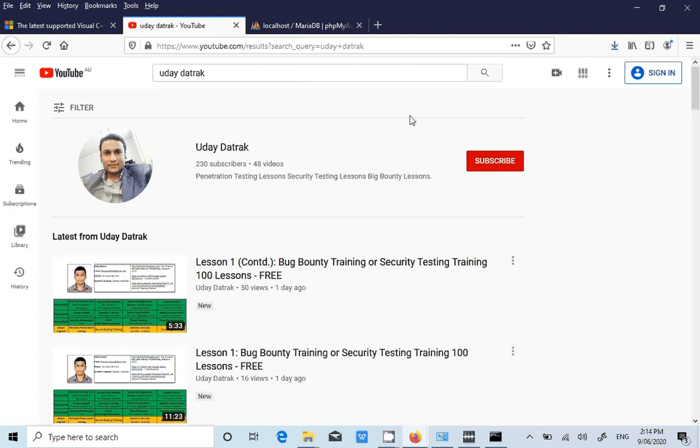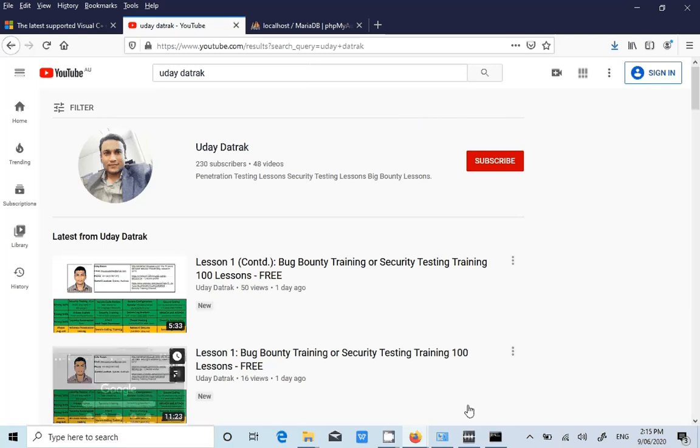So today what we do is we'll try to set up a website on our local machine itself, because as I said, it is illegal to do security testing on any website without permission. So now we'll set up a website and start practicing on that. The best thing is that you don't even need an internet connection to learn security testing on your machine, because you are setting up the website on your local machine itself.